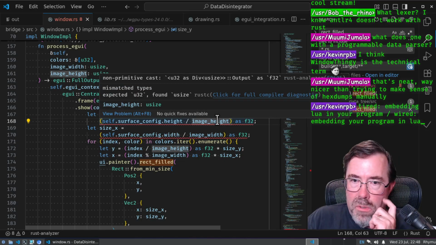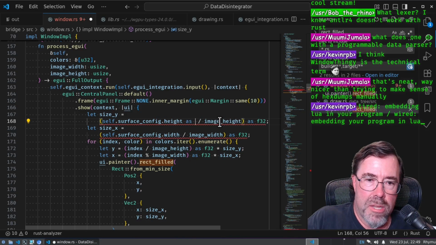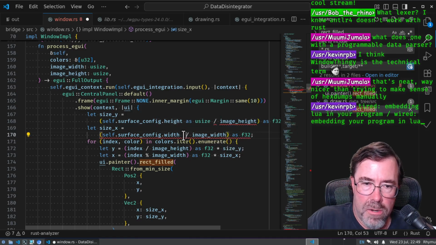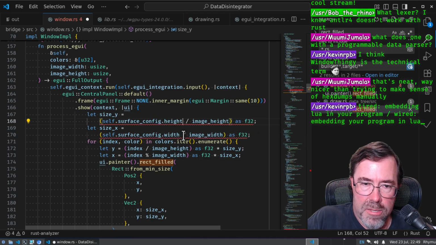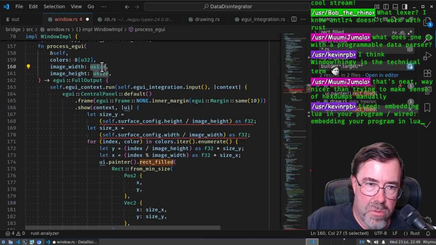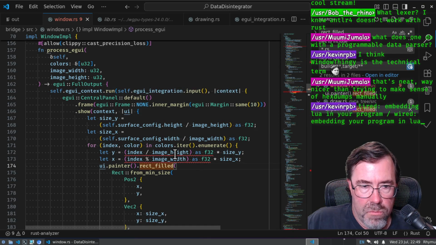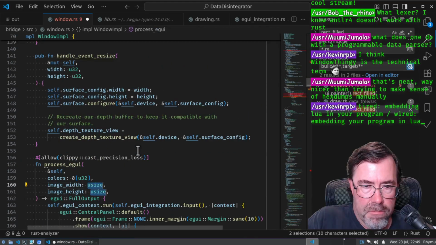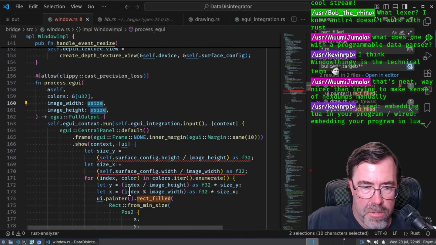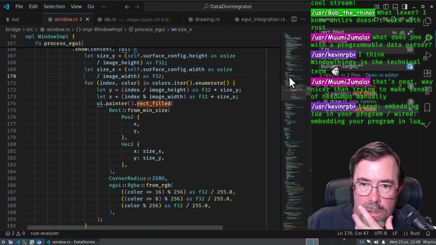So we can't divide a U32 by U size. So I suppose what I'll do then is I'll just say as use size there and there. Or does it make more sense to cast the height to require these to be U32s? No, because that index is already U size. U size is actually better. Either way, I got to cast, right? So I might as well just cast here. Okay, and then down here,